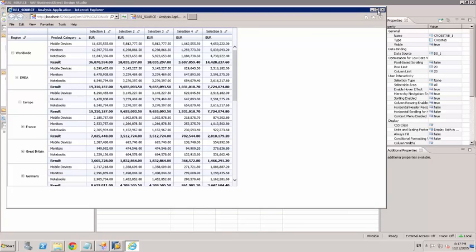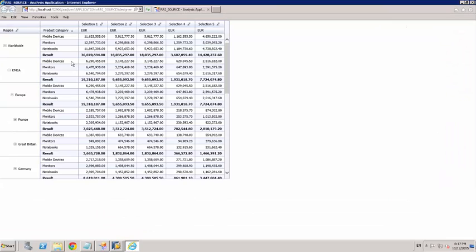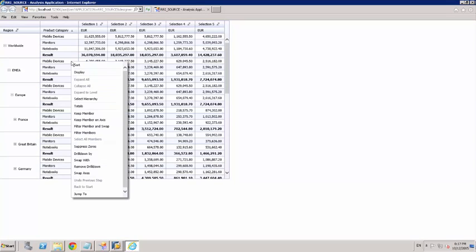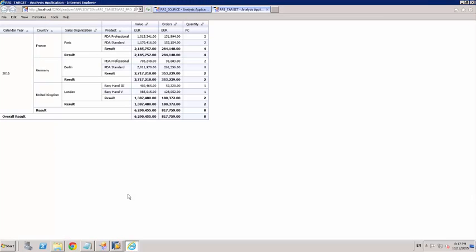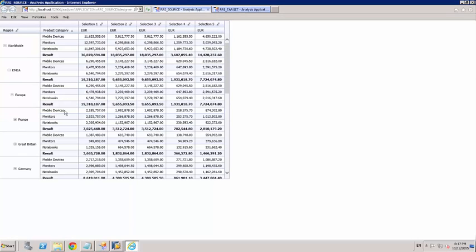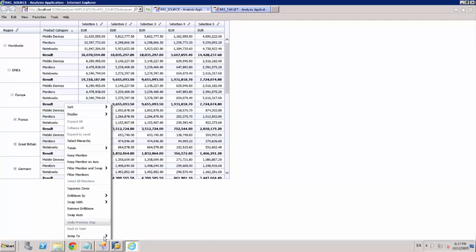On the context menu, you would see the jump to option. Revenue simple is the target query, and you can see we have selected the EMEA in the source application, and now that parameter is passed, and we are seeing all the countries within the EMEA in the target application,